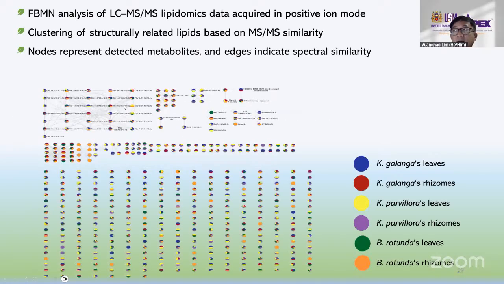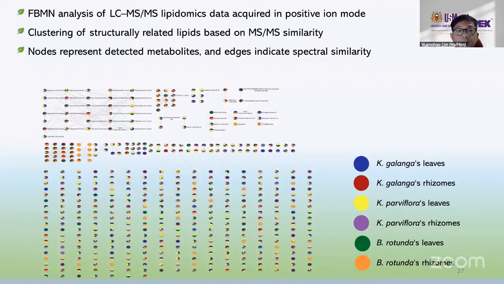Then we can see in the positive mode, this is showing the lipid molecular network, where again each node represents one lipid species, and connected nodes indicate structurally related molecules. So we are using the FBMNs using the same workflow. We were able to classify numerous lipid subclasses and also compare their abundance among different species and plant organs. And of course, this provides an additional layer of biochemical information beyond conventional metabolomics based on the